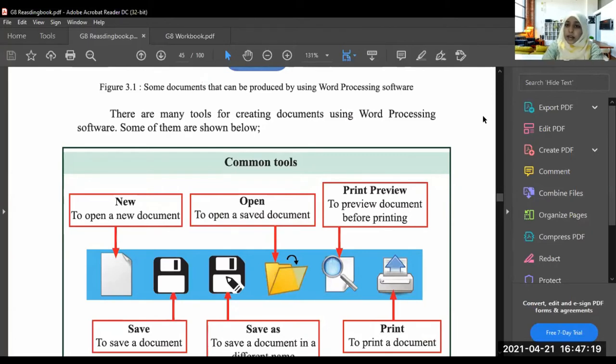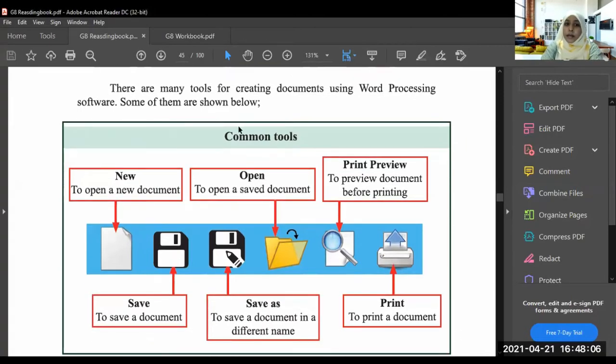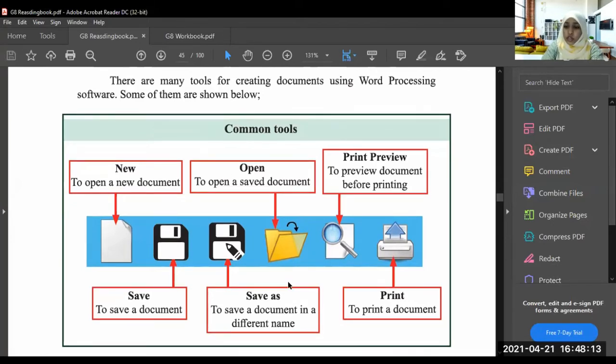Here in this lesson, we are learning the Microsoft Office word processing software. There are many tools for creating documents using word processing software. Some of them are shown below. So these are the tools used to create documents in word processing software.